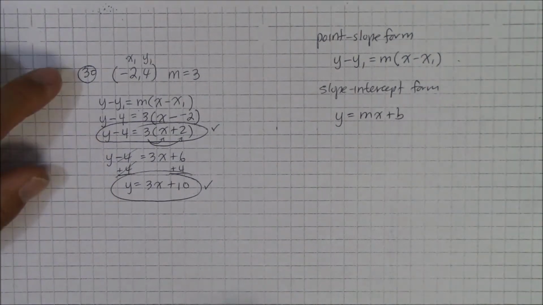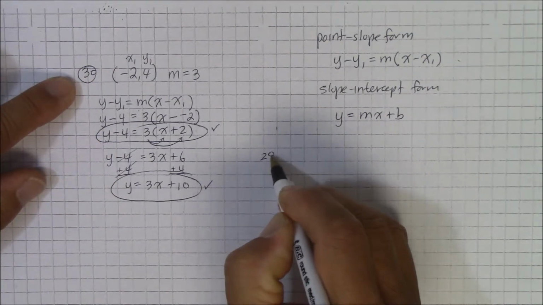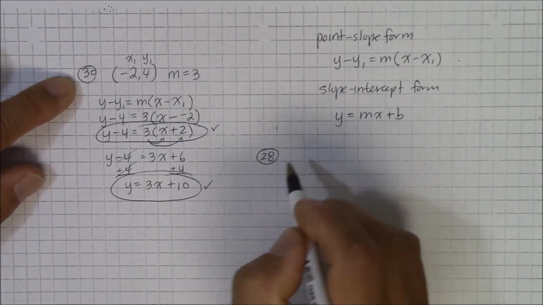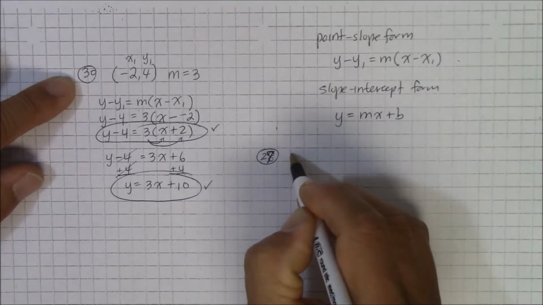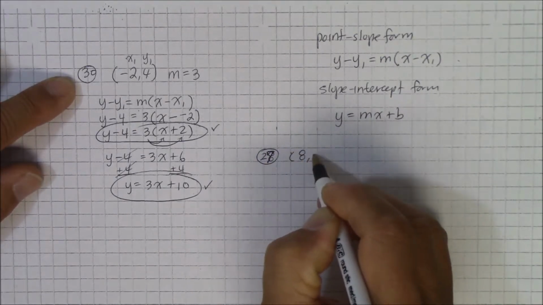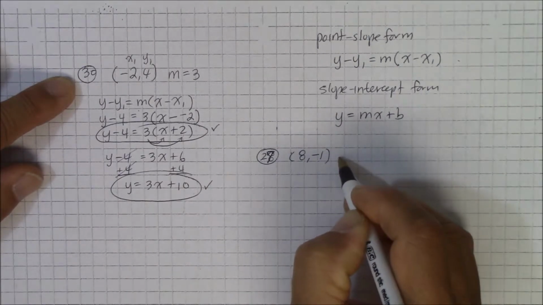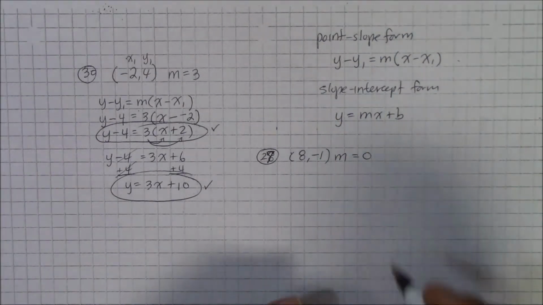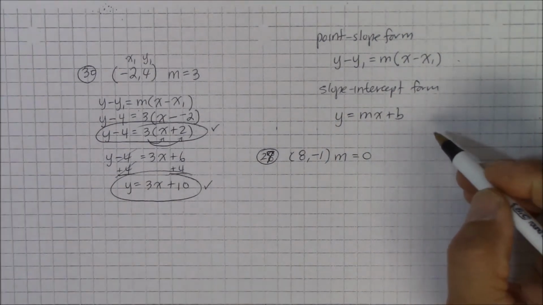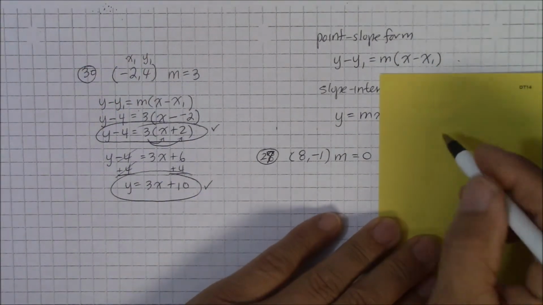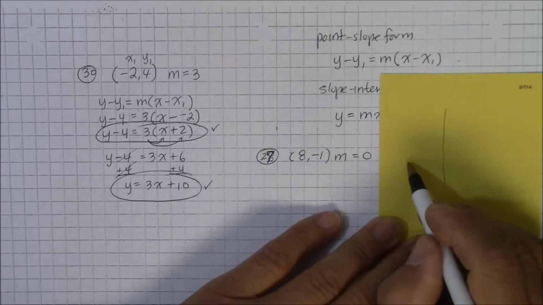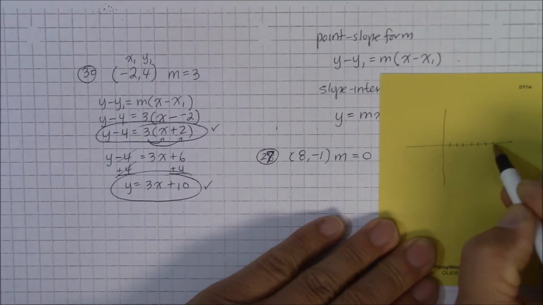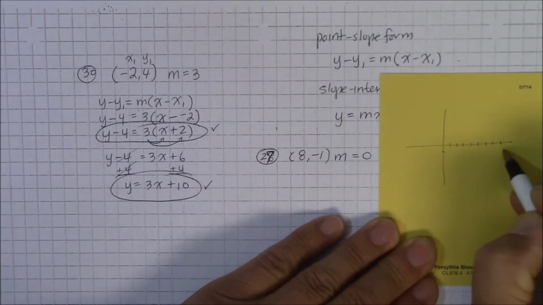Now, as I promised, I'm going to do number 27 because it kind of looked funky. The coordinate was given as 8 and -1. This line that we draw is going to go through 8 and -1 with a slope of 0. Now check this out. I'm going to give you a rough sketch of what that looks like. If I were to graph this, we're talking about x and y, 1, 2, 3, 4, 5, 6, 7, 8, and -1. It goes through here,